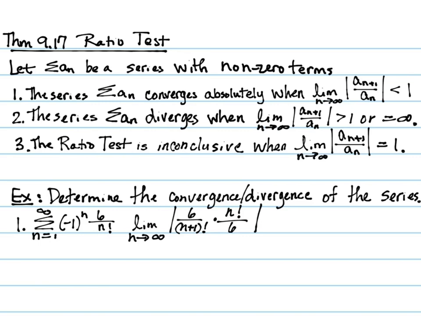Is everybody good? Make sense so far? Excellent. So our goal, of course, is to get this to simplify and for us to be able to do the limit pretty quickly. So clearly the 6's are going to reduce. And the wonderful thing, some of you are even nodding when I mentioned that this is a good test to use with factorials. Because what really happens with factorials, of course, is if you write them out, so here's n